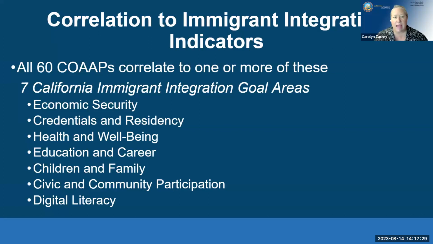In California, we have 7 focus areas for immigrant integration. And these are those areas, and in these areas, we collect data on how students do on the co-ops that we report to our legislature. So the next slide